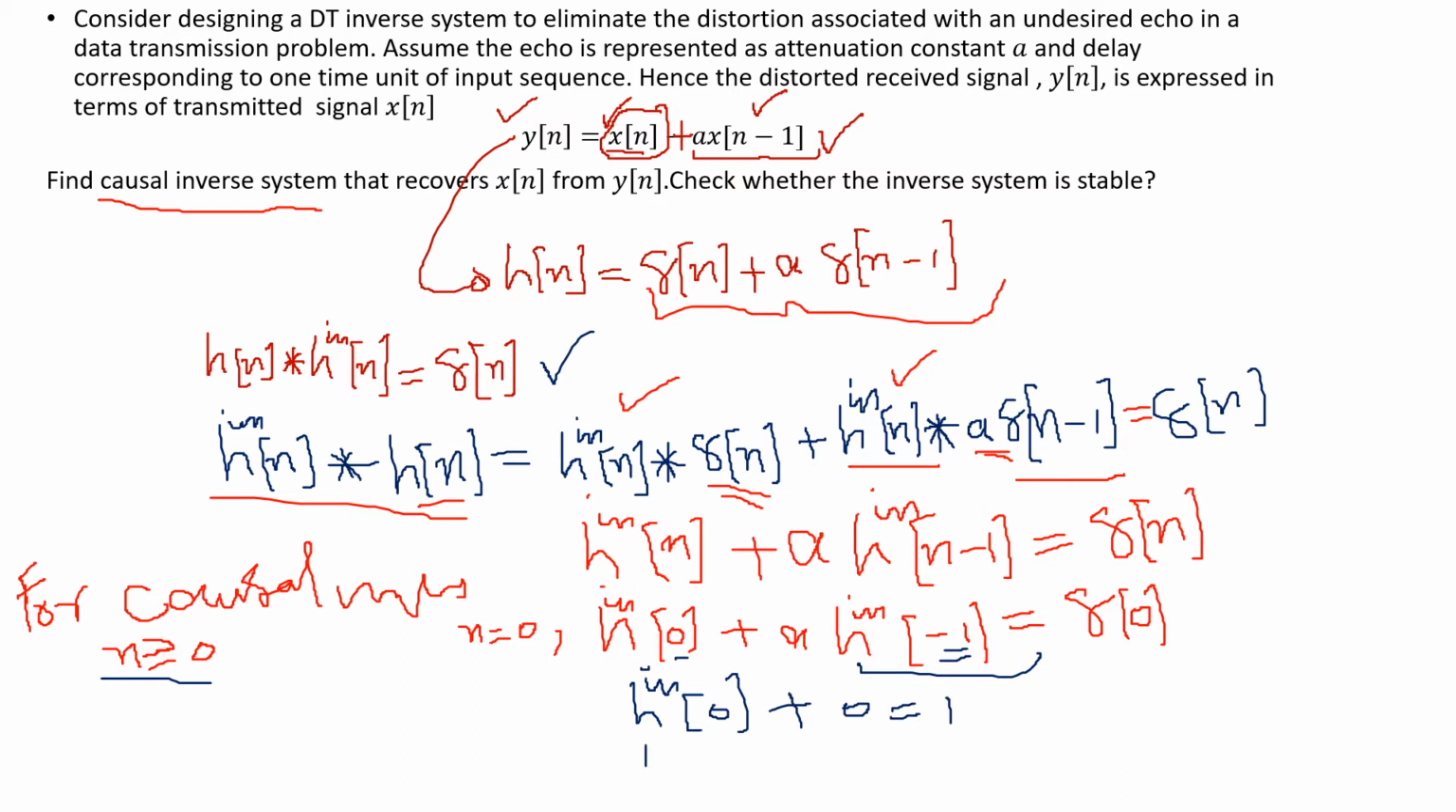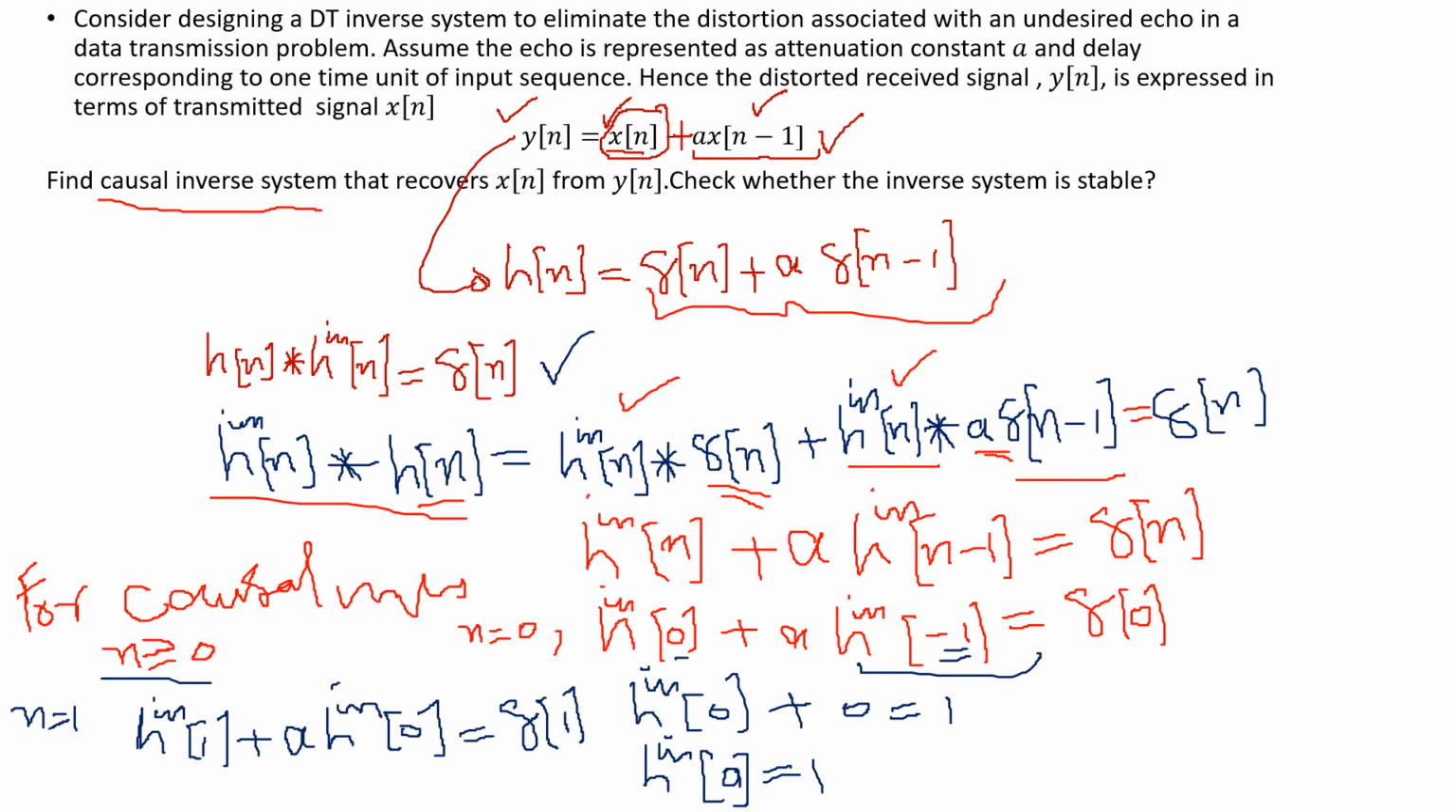So that means h inverse of 0 equals 1. Similarly, by putting n equals 1, 2, 3, I get,